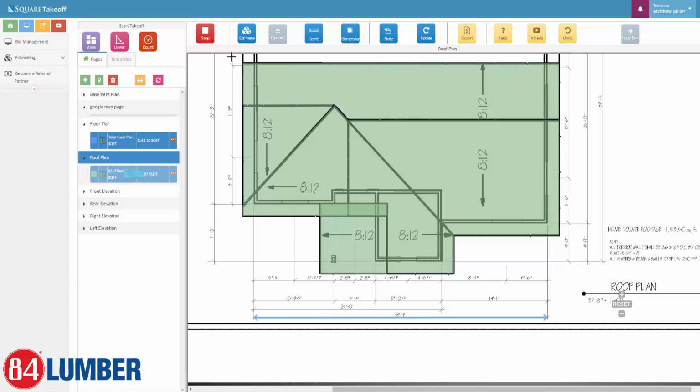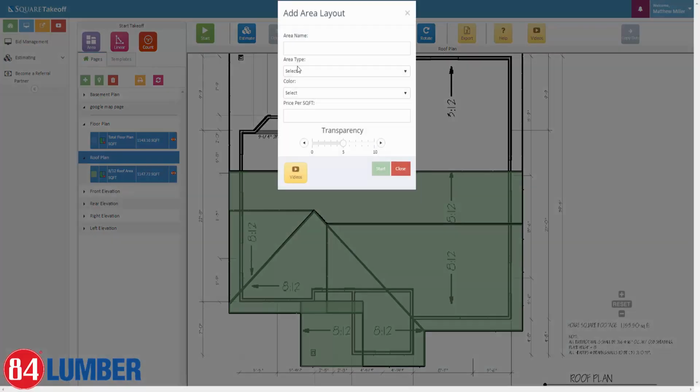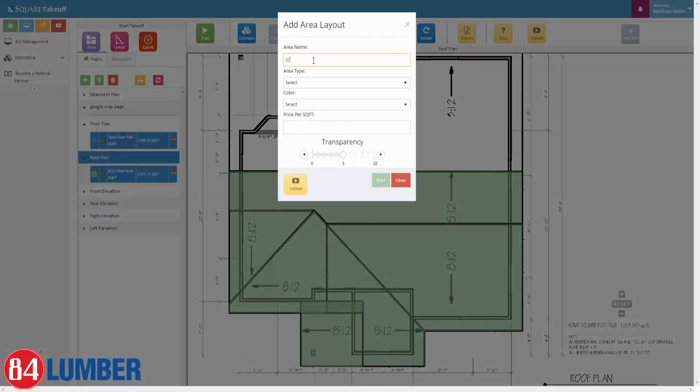And there we go. Let's go ahead and hit stop. Stop the measurement. We can now see all of our 8/12. So in the back we have a 3/12 area. So here's our 8/12, 1147 square foot. If we wanted to do 3/12, we could repeat the steps and we just say that this is the 3/12 roof area